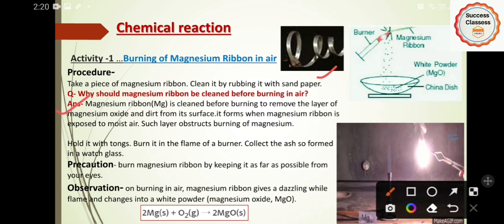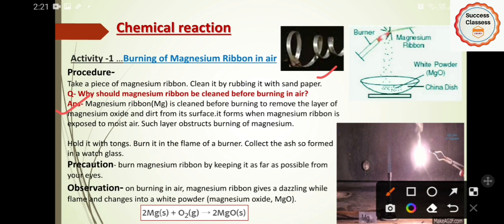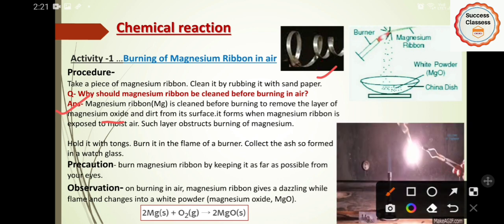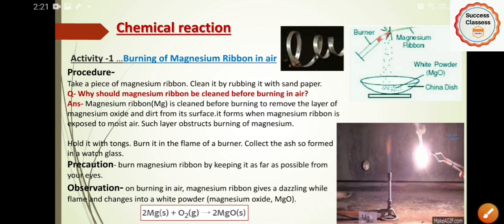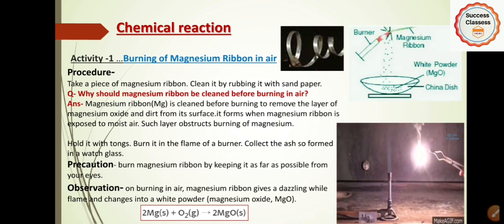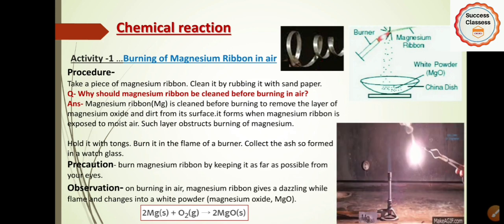Magnesium ribbon is cleaned before burning to remove the magnesium oxide and dirt from its surface. It forms when magnesium ribbon is exposed to moist air. This layer obstructs burning of magnesium. See, magnesium is a very reactive metal. So when it is kept exposed, when we leave it like that, that reactive metal